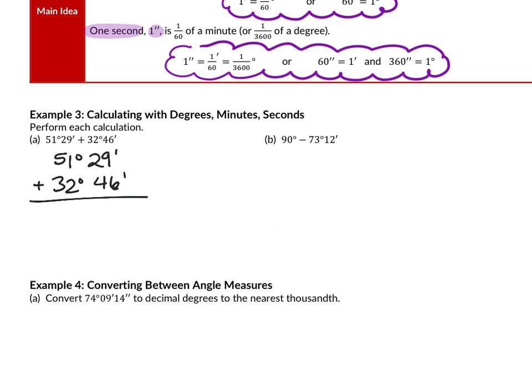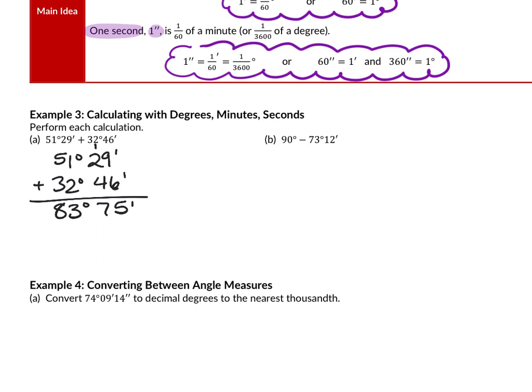So starting at the back, 9 plus 6 is 15, carry the 1. 1 plus 2 plus 4 is 7, so that's 75 minutes. We add the degrees. 1 plus 2 is 3. 5 plus 3 is 8. 83 degrees, 75 minutes. But here's the thing, if you were to type this into a computer, it would tell